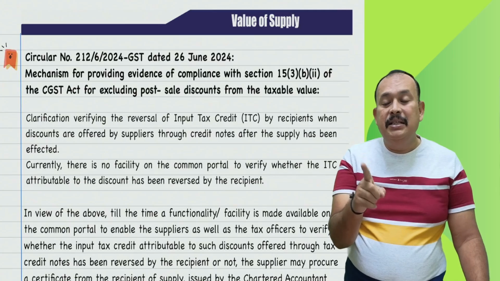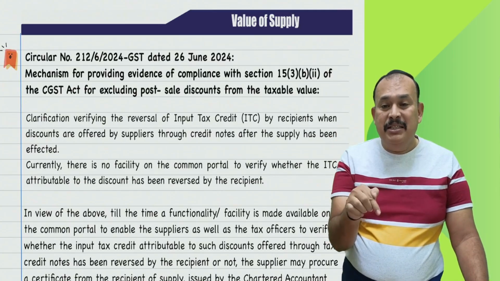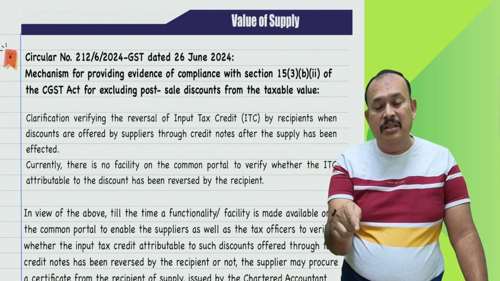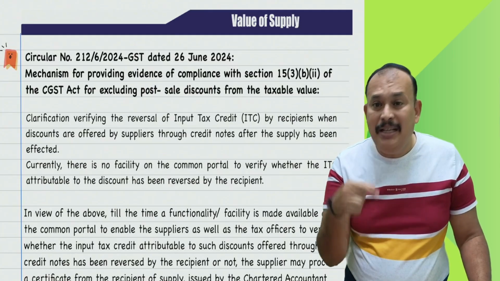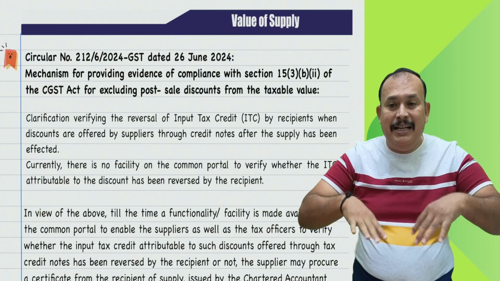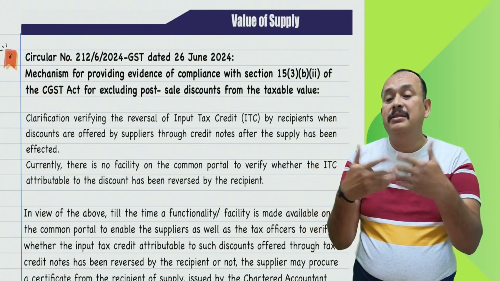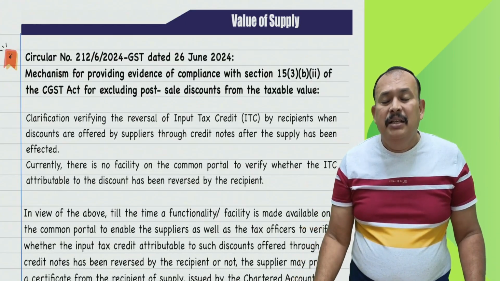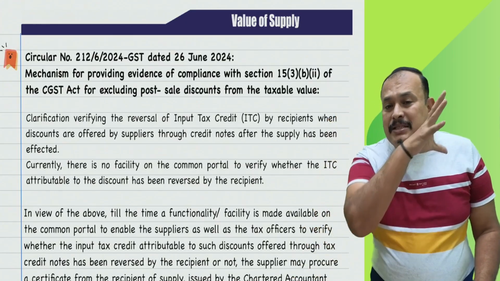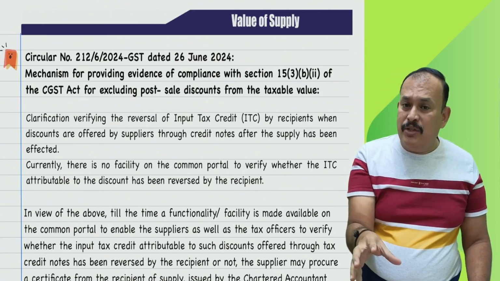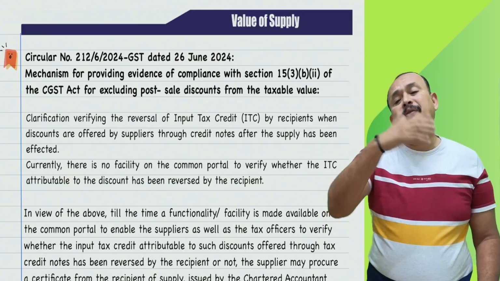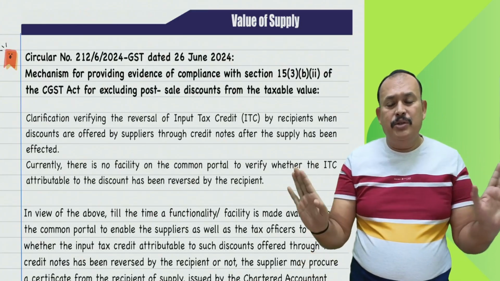In that case, on 1 lakh, 18% GST, namely 18,000, the seller was not required to pay GST. So he is availing ITC in the month of November. The seller is availing ITC on such a debit note received from the buyer: rupees 1 lakh, on which GST is 18,000, the seller availed the ITC in the month of November. So far so good. But